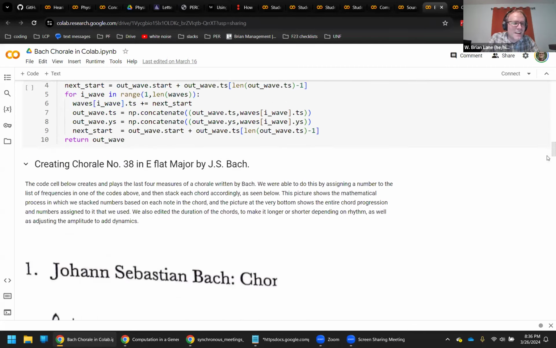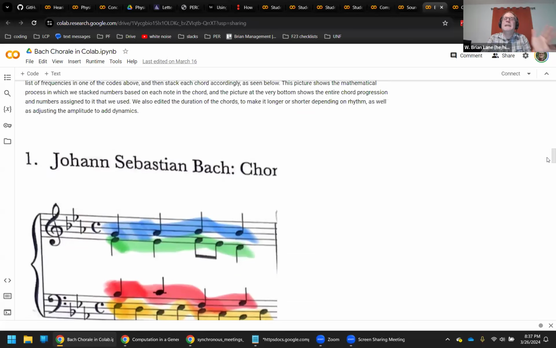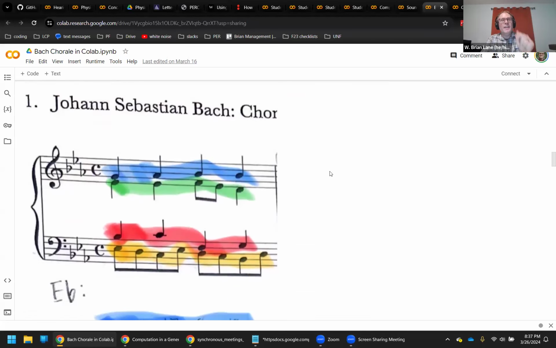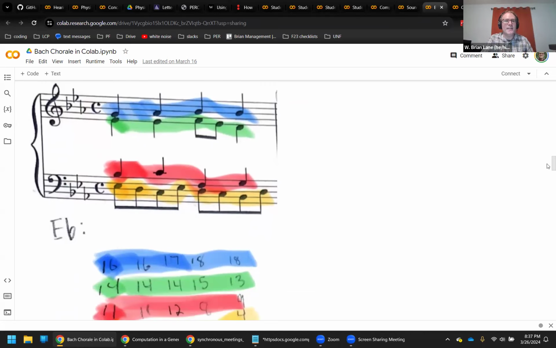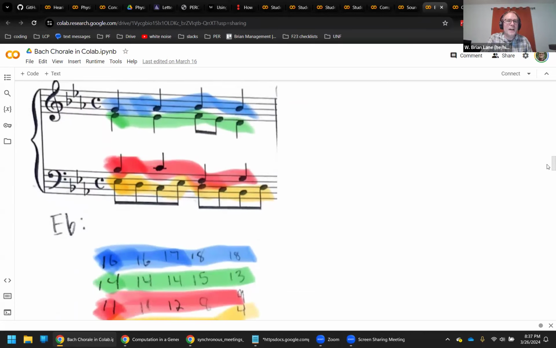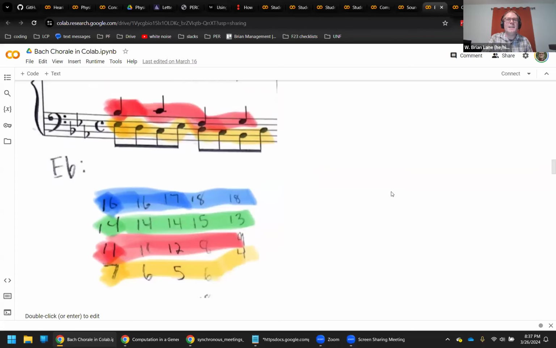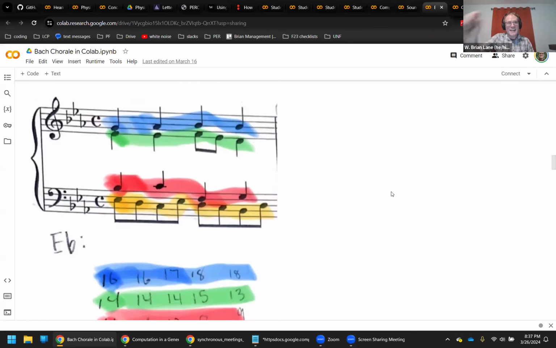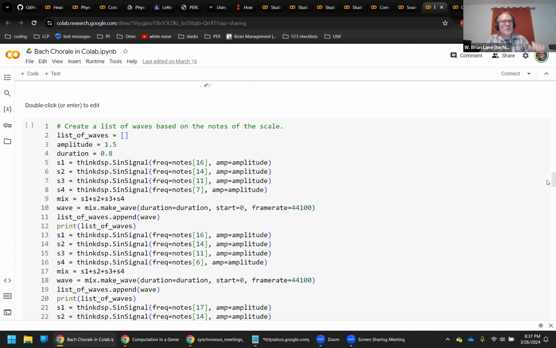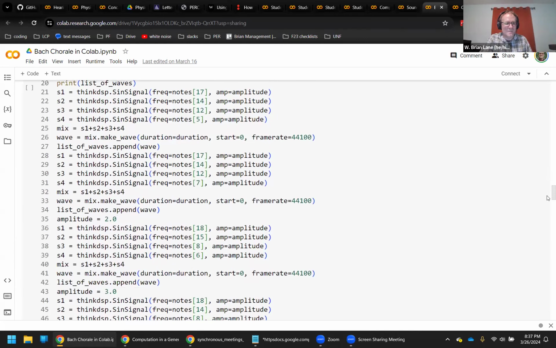So let me skip down here because what they did, I mean, they used the media here wonderfully. They put in what the sheet music looks like for this chorale, and they put that in as a little scan here. And what they've done with the highlighting here is they said, well, I need to keep track of the different voices in the chorale because that's going to impact, right? I need these 4 notes at a time. Well, then I have an 8th note here, so I need these 1, 2, 3, 4 notes at a time, then these 4 notes, and then these 1, 2, 3, 4 notes at a time. And let me show you, this is what their composition looks like.